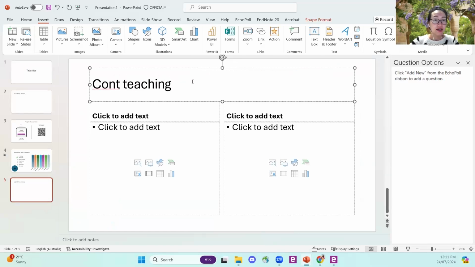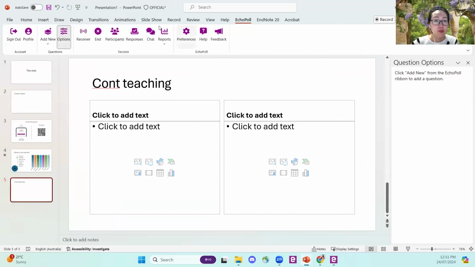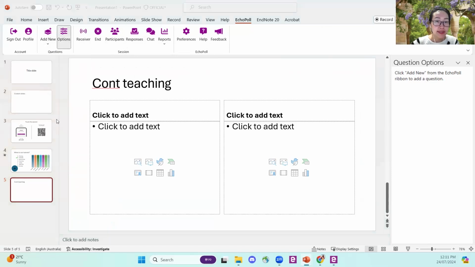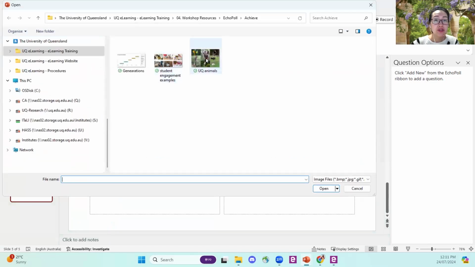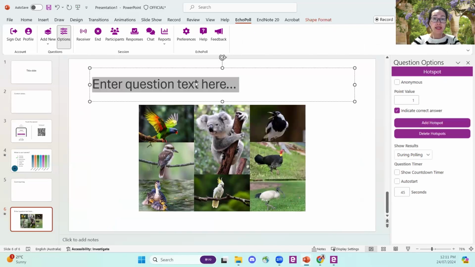Continue teaching here. And then after this, I have another question. Then I go to Echo Poll and add another question here. So if I want a hotspot, for example, it will ask me to select an image, which I have already prepared. And then, yeah, please, which animal